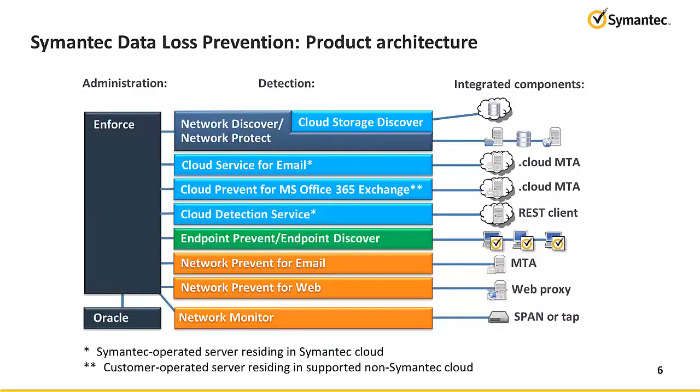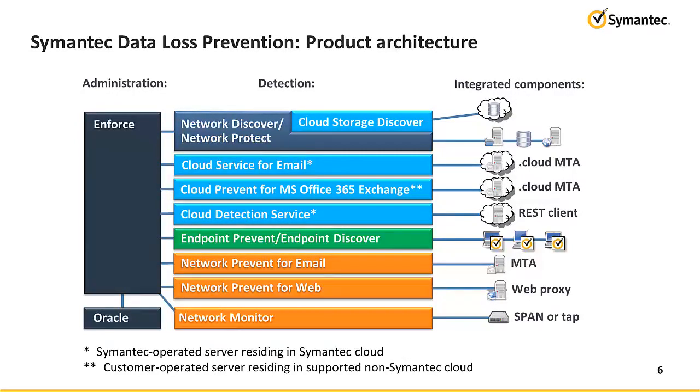Cloud Prevent for Office 365 Exchange, by contrast, runs on its own detection server type, as do Network Monitor, Network Prevent for Web, and Network Prevent for Email. The Cloud Service for Email and Cloud Detection Service components are detection services managed and operated by Symantec in the Symantec Cloud. On the right side of the diagram, you can see the network components that the various detection servers